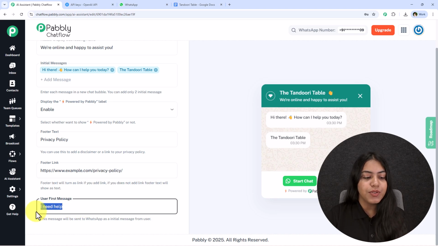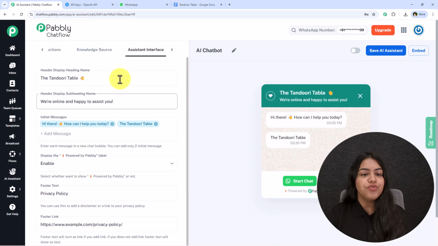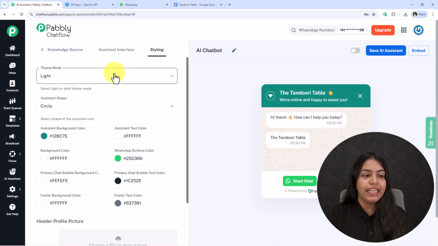Now we have this user's first message. This message will be sent on WhatsApp as the initial message from the user, so you have to type this initial message too. After entering this, you can move in further towards the styling,